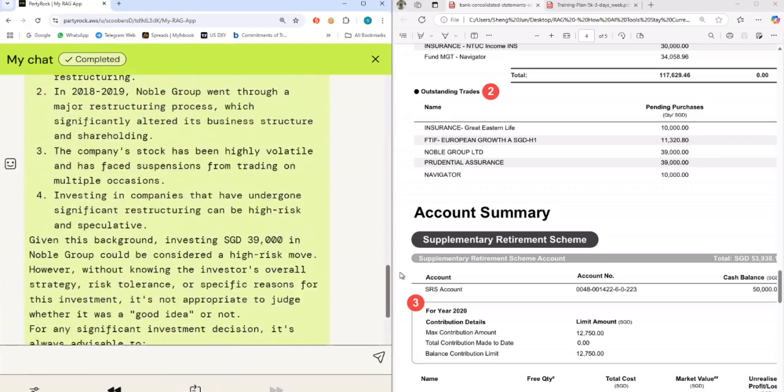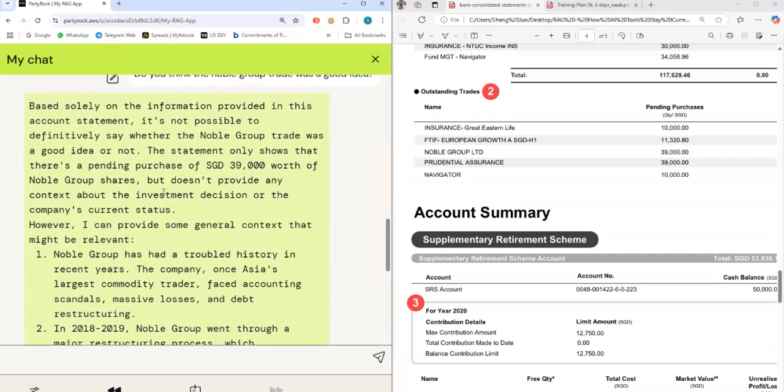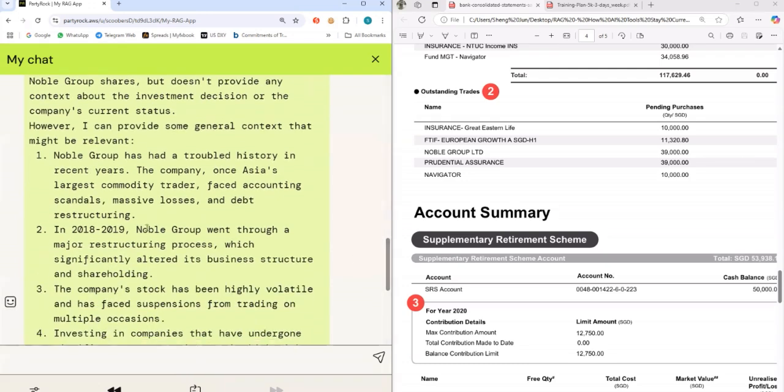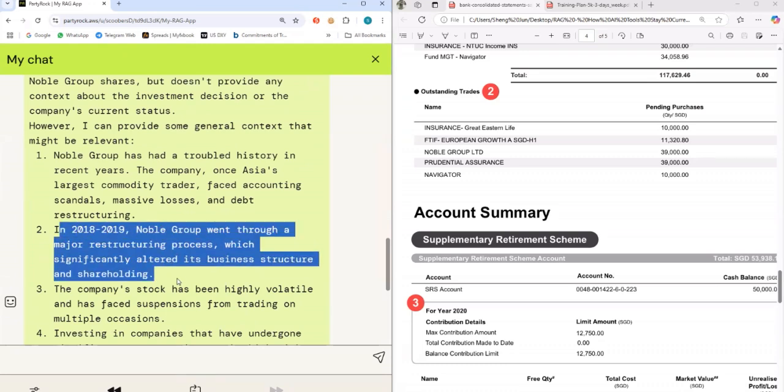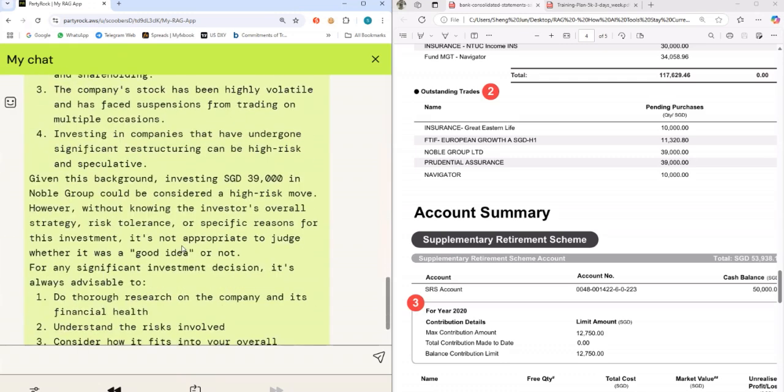Obviously, there are some guardrails implemented in the large language model, so sometimes it will say, I can't give you advice on this. But you can see that the large language model has actually augmented the question with its inbuilt knowledge. It knows that in 2018, 2019, Noble Group had a major restructuring. So this is pretty cool.